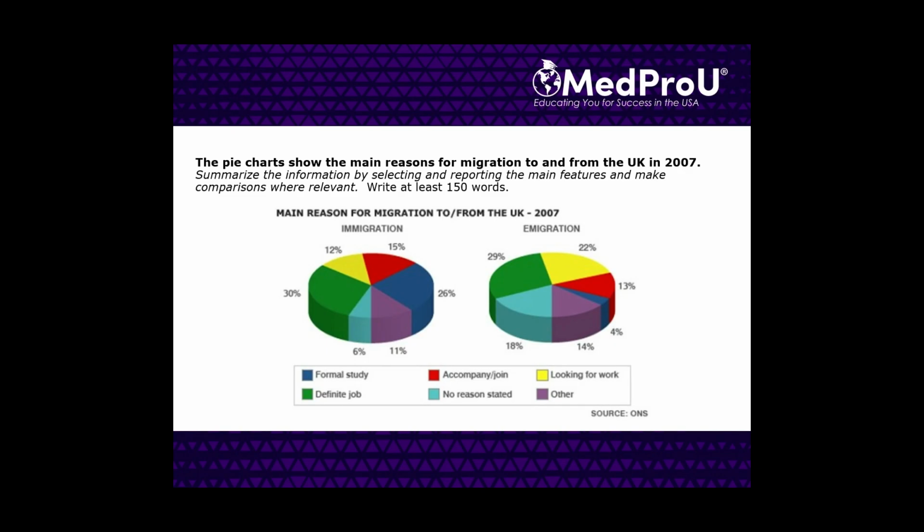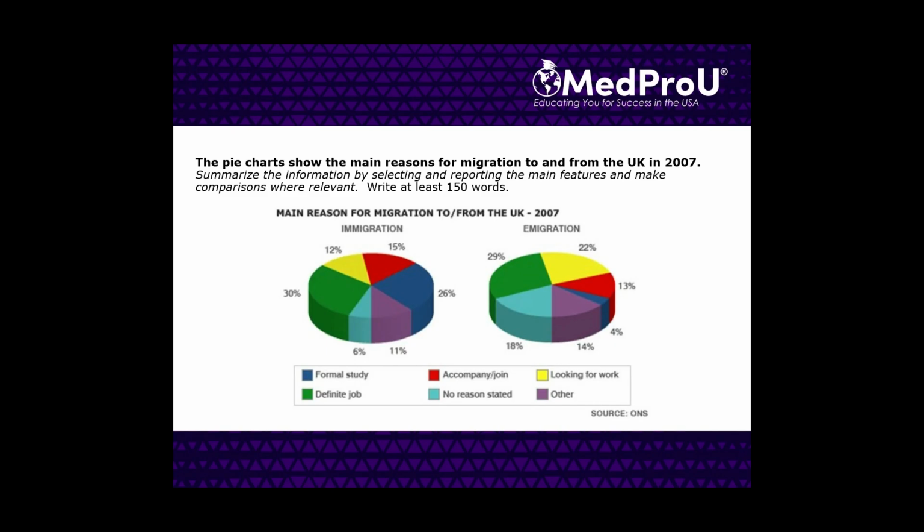Grace, the two pie charts below, or remove below. Okay, there's no pie chart below. The two pie charts illustrate, without S, the indications for relocating to and from the UK. Okay, period. All right, Irene, the pie charts give information on major reasons why people immigrate to and from UK. Period. Okay, don't forget. Naom, the pie charts, remove S, give information about the primary reasons for moving to and from the UK. All right.